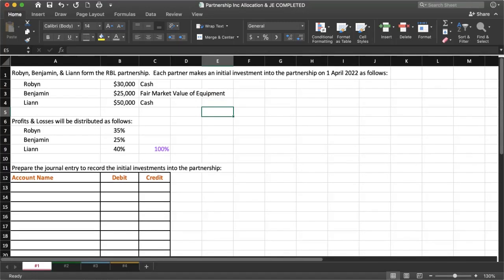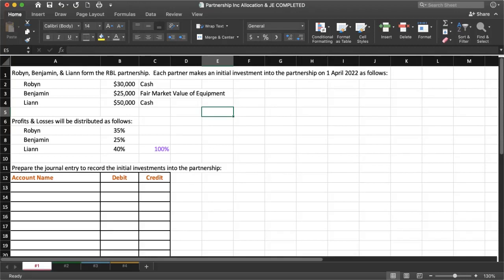So in the first video here, in the first problem, we have Robin, Benjamin, and Leanne form a partnership, and each partner makes an initial investment into the partnership as follows. So Robin gave $30,000 cash, Benjamin $25,000 equipment, and Leanne $50,000 cash. And then I also give you their profit and loss ratios, but for this particular exercise, we don't need the profit and loss ratios because we're going to credit to each partner's capital account the fair value of whatever was